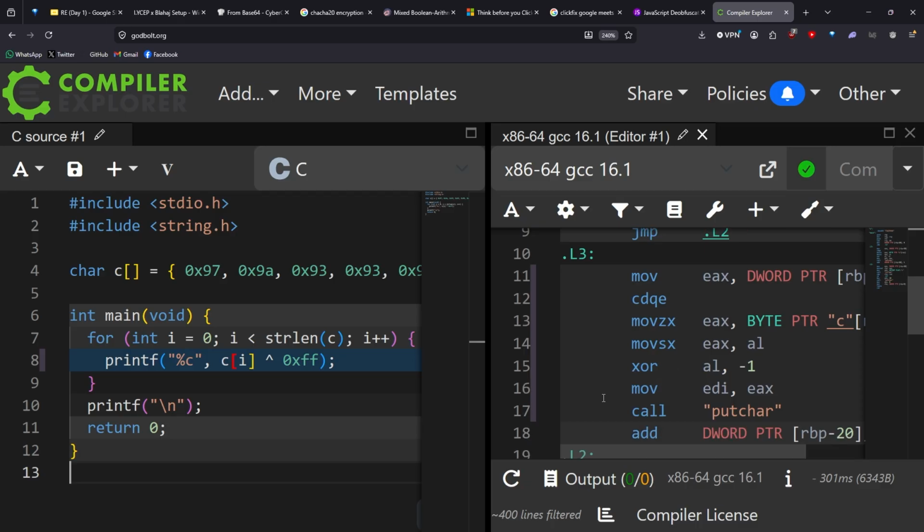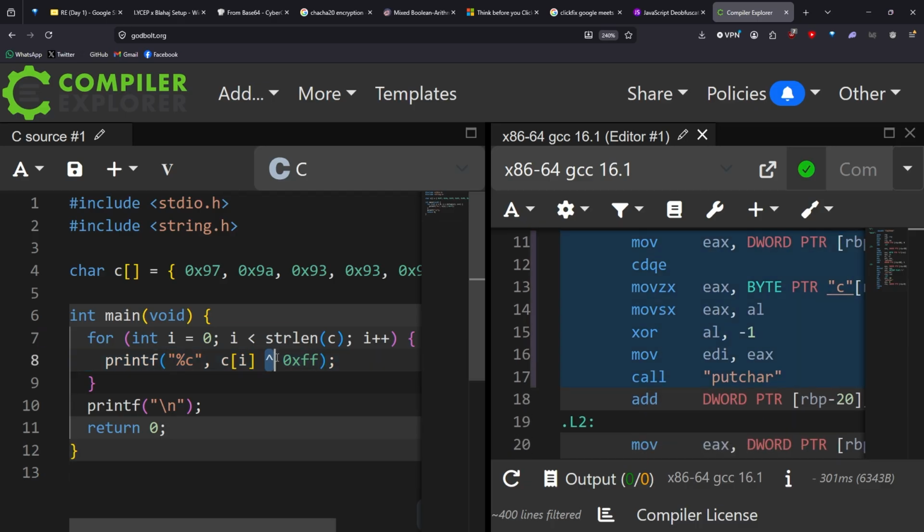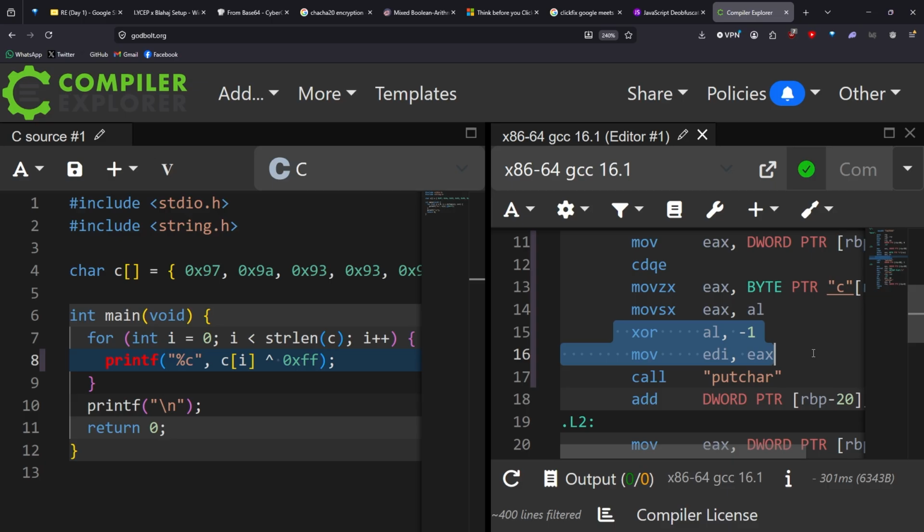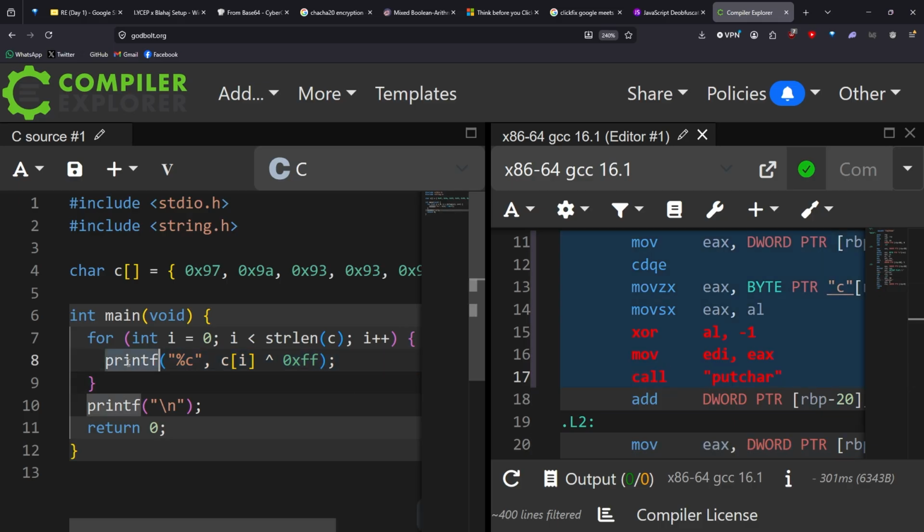You don't need to understand all the instructions. I just want you to see that things like the XOR operation have a corresponding XOR instruction in assembly, right? And sometimes the compiler can make decisions on its own. So for example here, every time we do printf, we only print one character. Well, printf can support printing more than one character. Printf can print strings. But since it's only printing one character, the compiler made a decision to optimize it, so